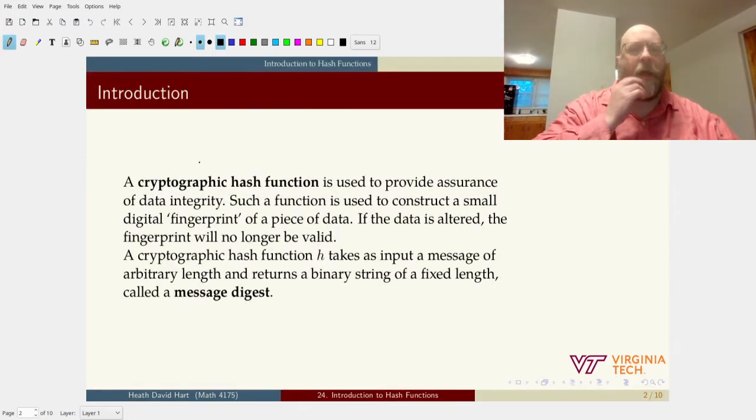So, the purpose of a cryptographic hash function isn't to keep the message secret. This is to keep the message intact. So this is used for a different kind of thing. It's a signature that goes onto a piece of data that assures us that this data has not been altered. So, for example, when we are transmitting